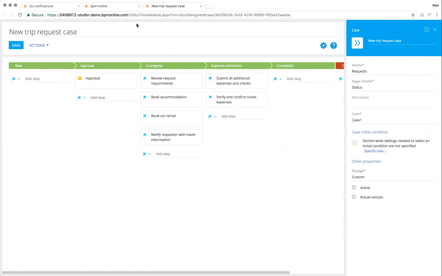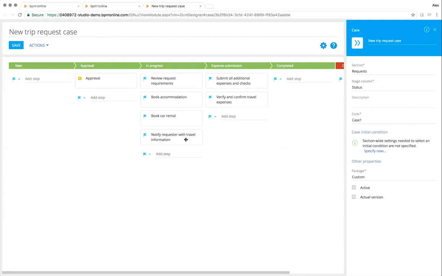very difficult, let's put it this way, to define the right steps and the right sequence of steps, or we don't actually care what the exact order of steps is in which the case should be completed. We just need to provide a user with the framework of actions that he or she should be following, right? Just like in our business trip request, we basically just need to provide the user with the scope of actions, right? So for example, we're reviewing the request, booking accommodation, booking the car rental, and notifying the user,